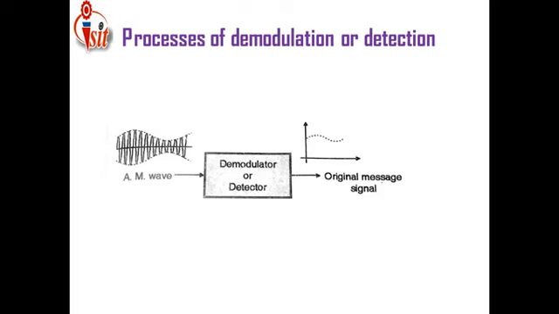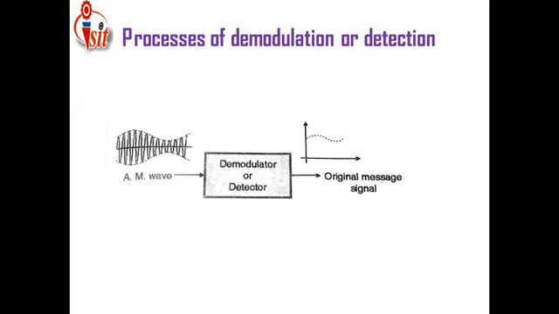But here we are discussing somewhat practical or technical methods for the detection of AM as well as FM. Now here I have applied an amplitude modulated signal to the detector or demodulator block, and from this block I am getting the original signal as an output. If I apply the original signal as a sine wave, then from this detector I also get a sine wave as output. If I apply a cosine wave as input for that modulation block, then here also I get the cosine signal as output from that detector block.